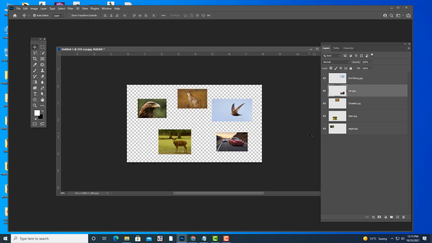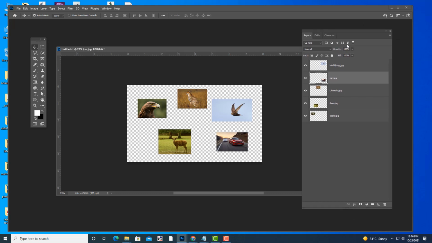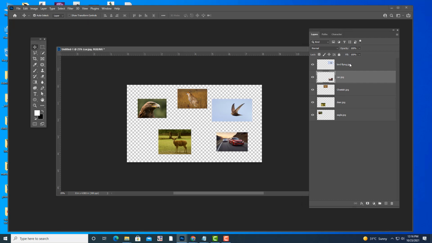All the 5 images you can see, and here on the right side you can see this layers panel, and each image has its corresponding layer here. We can actually give proper naming to each layer. So first thing is we will give proper naming to each layer. See here you can see 5 layers, and here also we have names for each layer.